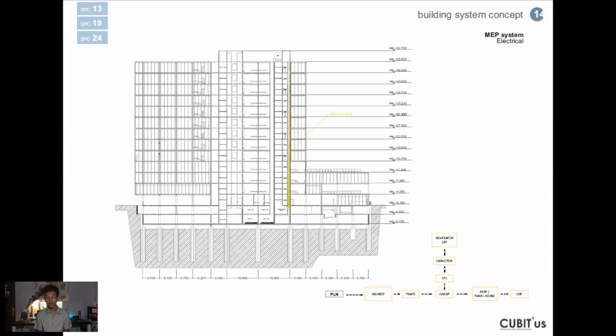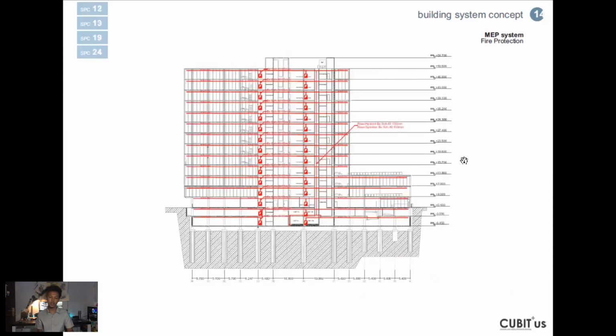And then I will use the STS, the synchronized transfer switch, for the generator to work effectively. And then from the panel room in the basement, it will go up to every sub-distribution panel and spread all over the floors of the building. For the fire protection, it is the same as this one, but I will have 2 indoor hydrant boxes, and for the horizontal diagram, it will be spread all over with sprinklers. So the water comes from the PDAM going to the groundwater tank for the fire hydrant, and then going up and spreading all over the floor.